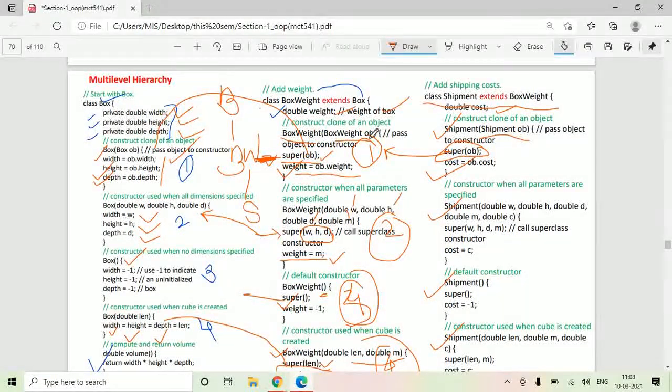So in all the kinds of discussion that we have seen now, you might have noticed that whenever a constructor of a derived class gets called, first it gives a call to the base class constructor. Let us try to understand this with a simple example. Let's say you want to construct a 3-story building. Say ground floor, first floor, second floor and third floor. And you want to set up your office on the second floor.